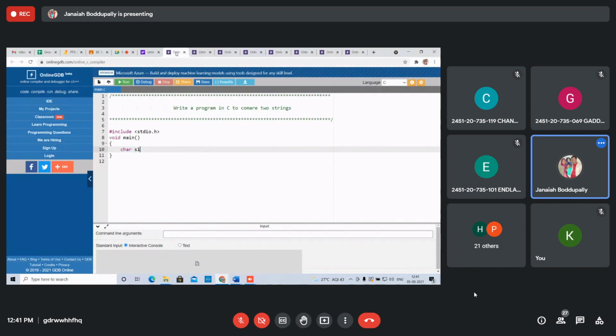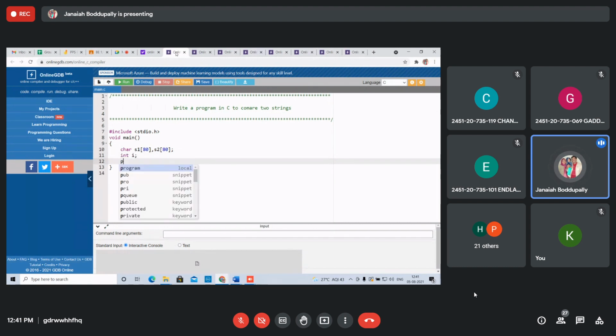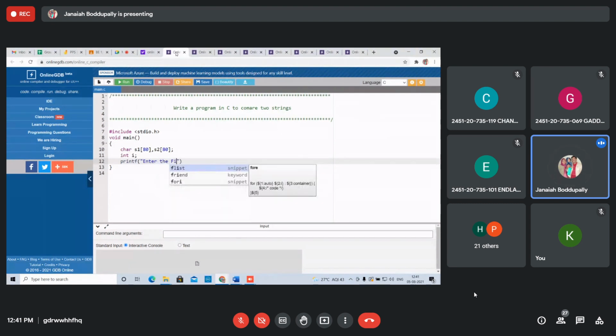String 1 of 80 characters, S2 of 80 characters. That's it. Take one int variable for the index. Enter the first string, printf: enter the first string.